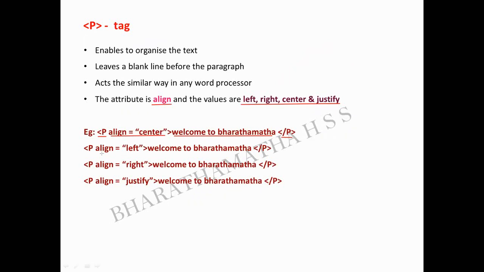So which type of alignment you need, you can decide. Here I have chosen left. Here I have chosen right. Here I have chosen justify. So any one which is needed according to your work, you have to choose it. For example, for you to see only, I have created all these like this. Any one only you will be following, not all the things. How to write the different ways only I have shown over here. Is this part clear?